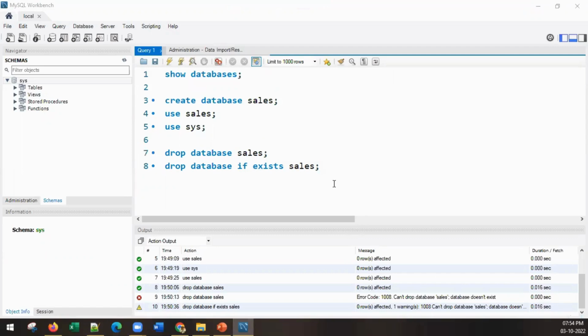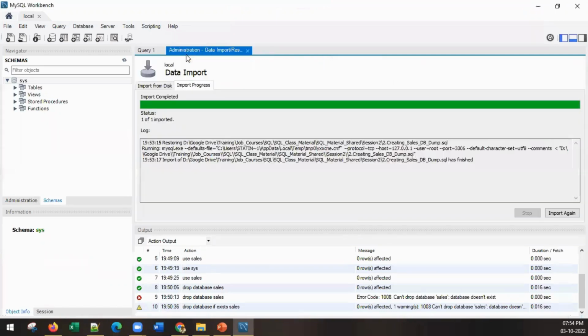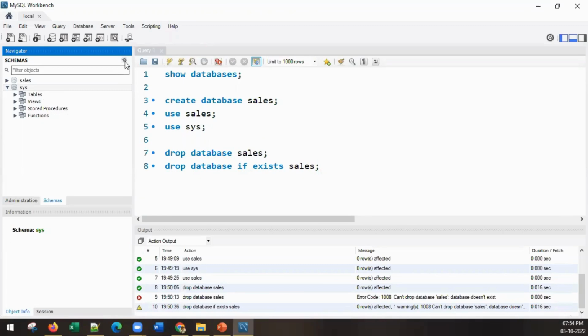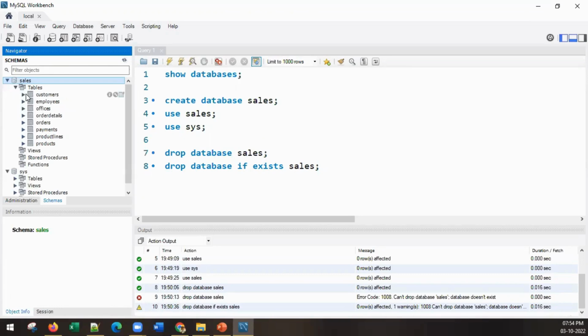So we have imported this. Everything worked fine for me. How do you get to see that sales database that has been imported? You have to click this refresh button, refresh schemas. That is known as database schema. When you refresh it, you will see the sales database. Now in this sales database, there are some tables: customers, employees, offices, order details, orders, payments, products. Who created all this? The SQL file that we gave, we automatically imported that data using that self-contained